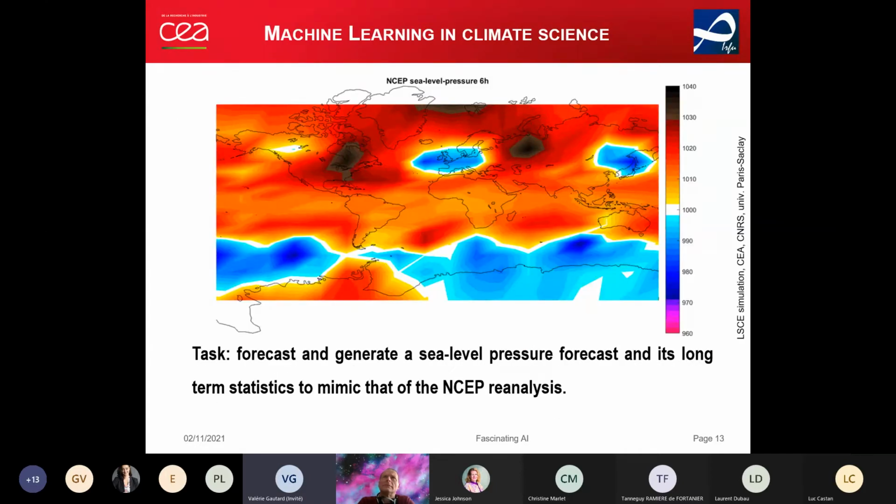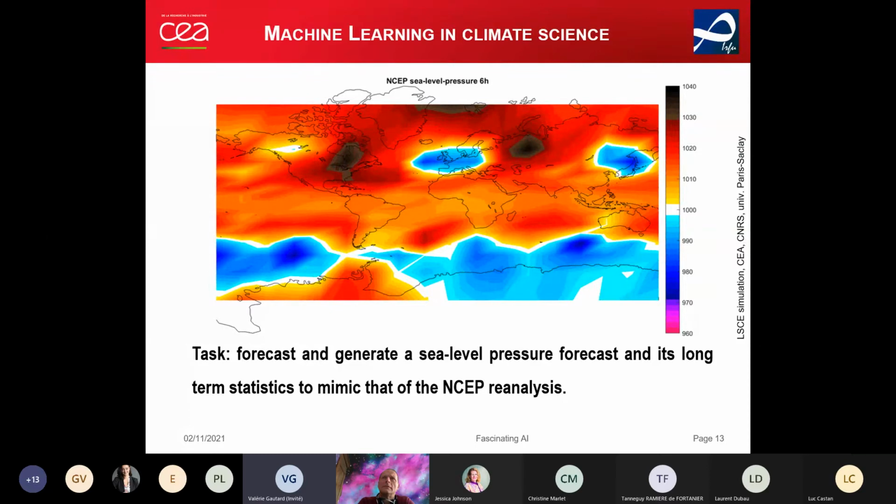For data, we take the pressure at the sea level. So our task with machine learning method is to forecast pressure at short, mid, and long term. Here we have enough data to train the model and compare the result we predicted with real measurement. We are very lucky. Thus, we can see the precision of machine learning prediction, and we can see the gain we have compared to the previous method. So we are working on that these days.